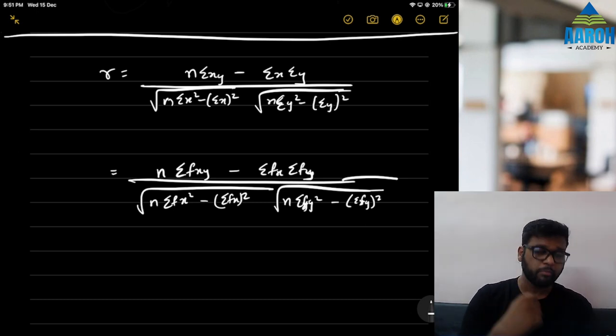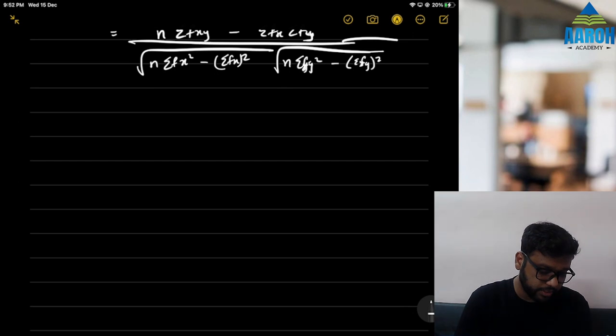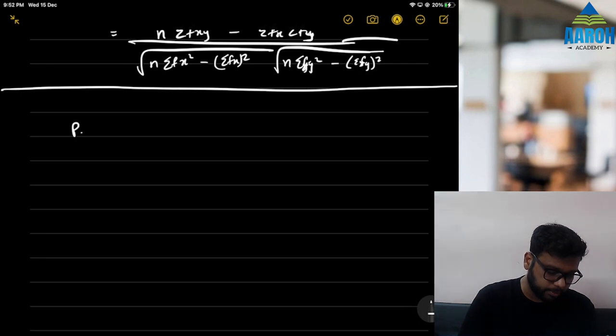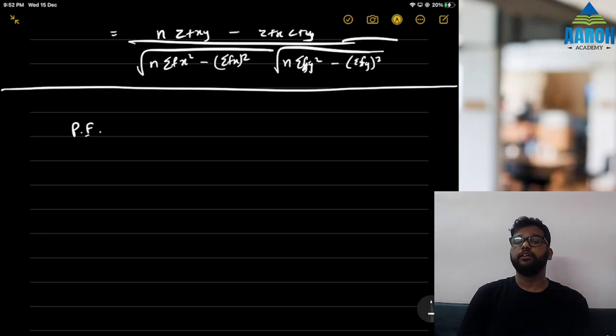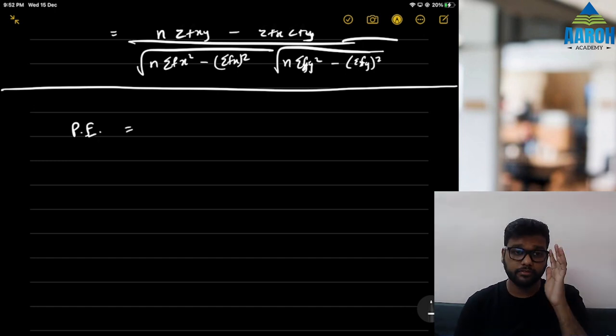But no. There is one small part at the end of the chapter which I think should have been removed, because you don't have the chapter of population and sampling, but they have given something called as probable error and standard error. You need to study that because they might ask it in exam since it is there in book. Does anyone remember what is probable error formula?